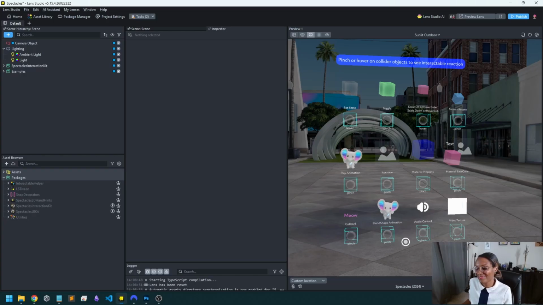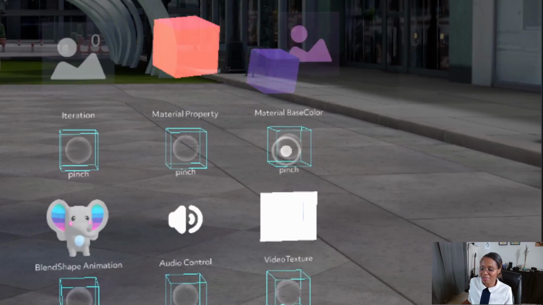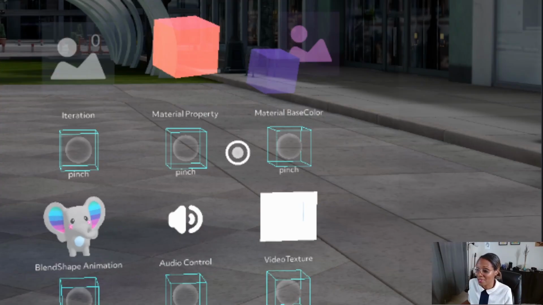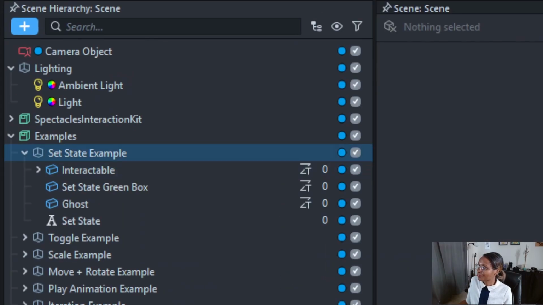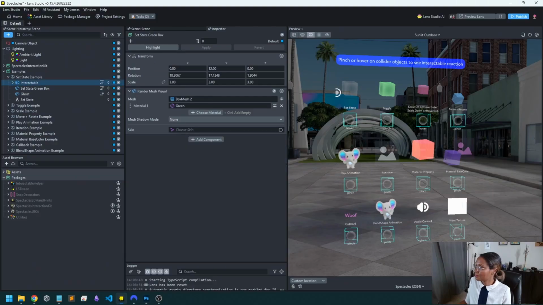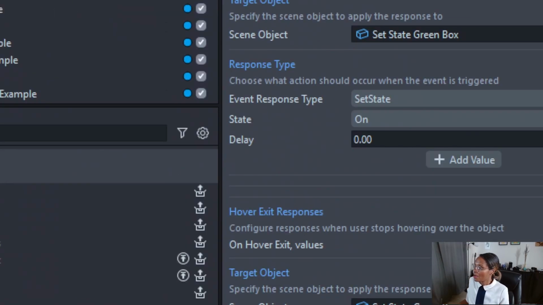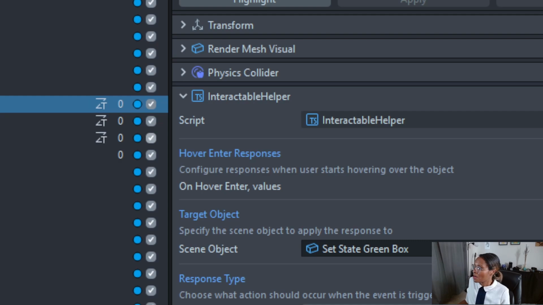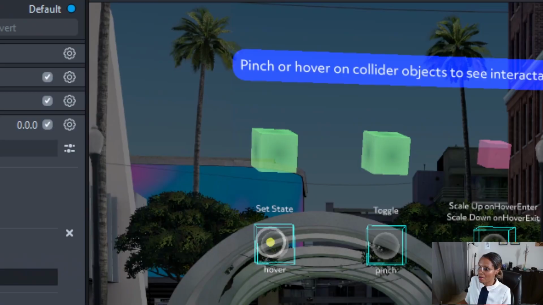Audio control. This changes the property of a material, changes the color of a material. There's so many different things that you can do with this. It's fantastic. But let's see what is going on underneath the hood. So if we look at this first example, set state, over here, let's look in the inspector. So if we click on it, that's the actual button, and go over here to the inspector, you'll see this script called Interactable Helper. And it has a bunch of different features. It gives you the target object, which in this case is that green box that you see turning on and off